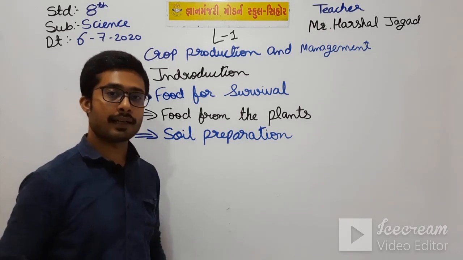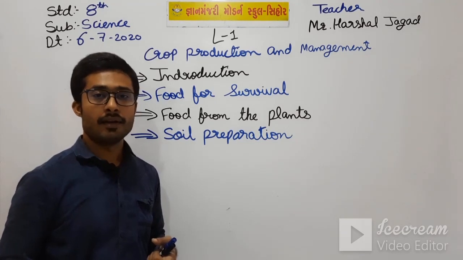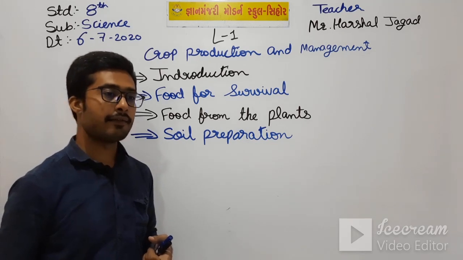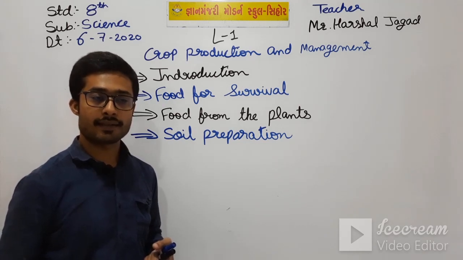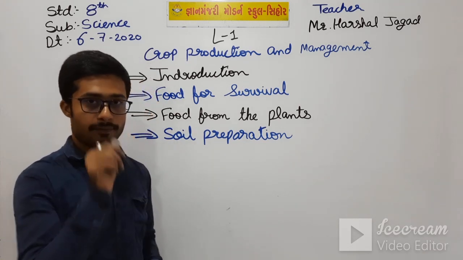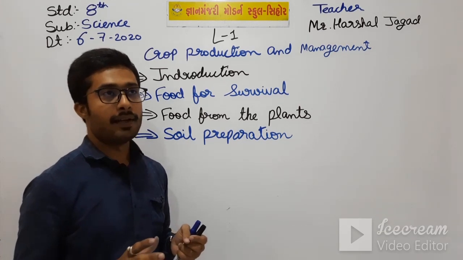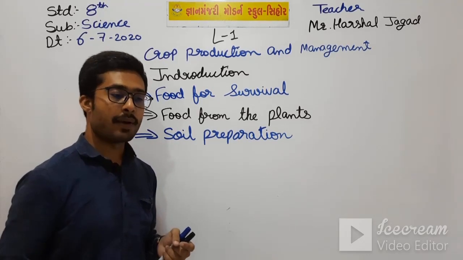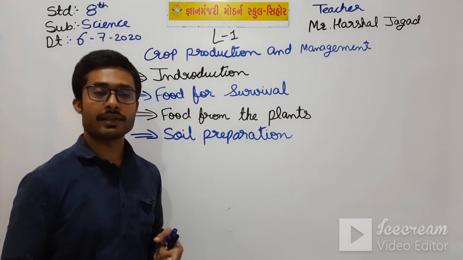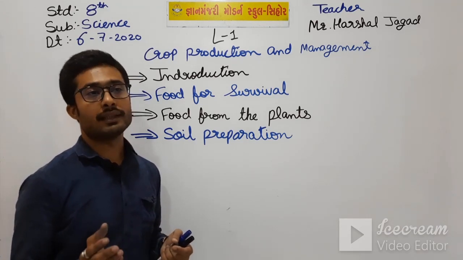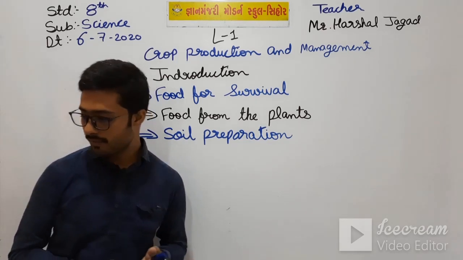And then fertilizers are added. What are fertilizers? Fertilizers are substances which contain one or more nutrients. First we have to decide which plant or crop is to be grown, and then soil testing is done to find which nutrients are there and which are not. So the external nutrition is added by adding fertilizers. This we have seen.